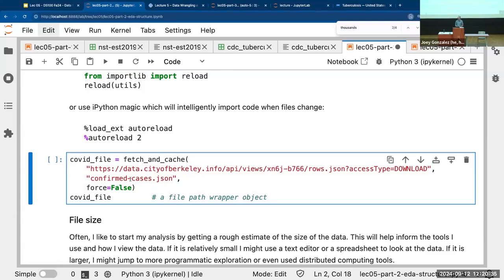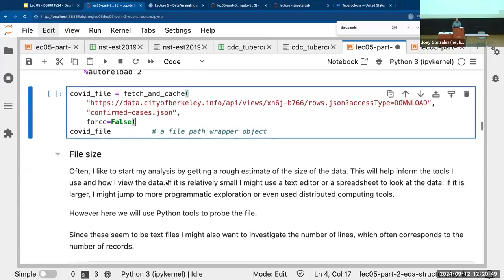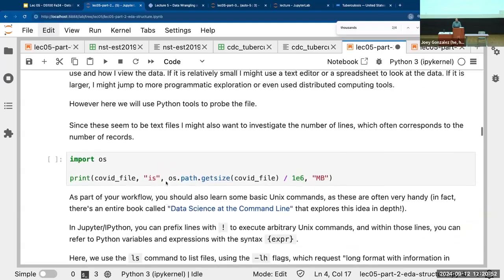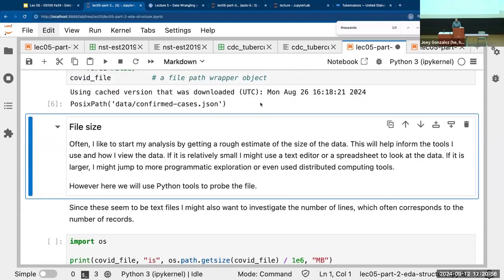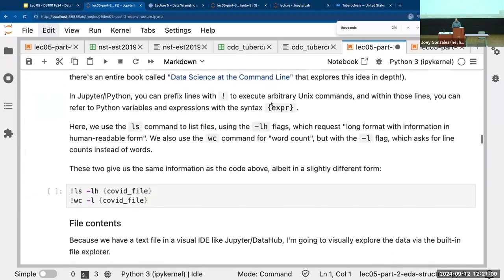It's also important for you. Download your data and save a copy, because guess what? Data changes. In fact, in early versions of the class, I did not do that, and some of the lectures broke because I didn't have a copy of the data checked in. So make a copy of your data so you have a checkpoint in time for your analysis. All right, so I've downloaded this data. I hope it's downloaded. Downloaded, very good. August 26. Oh, it's been saved to git.